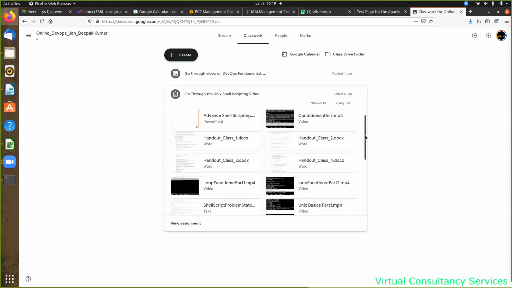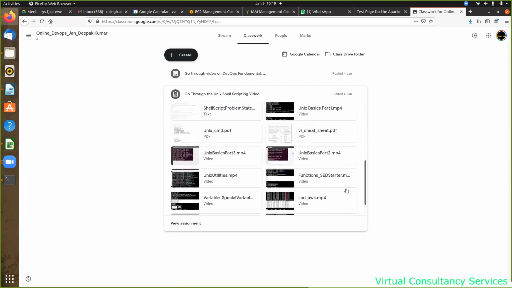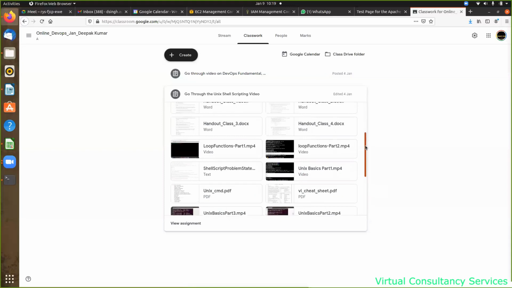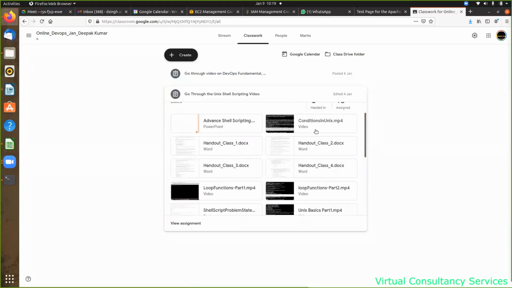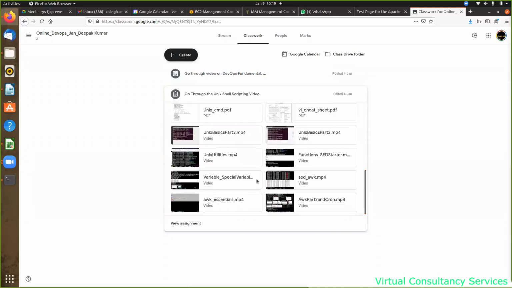And loop functions part 2. Then you have to jump to the functions set starter. But before going to loops or conditions, you should first do this: basics part 1, then go to the variable and special variable part. This is right before conditions. So basics part 1, part 2, part 3, then variable, special variable, then conditions, then loop part 1, part 2,